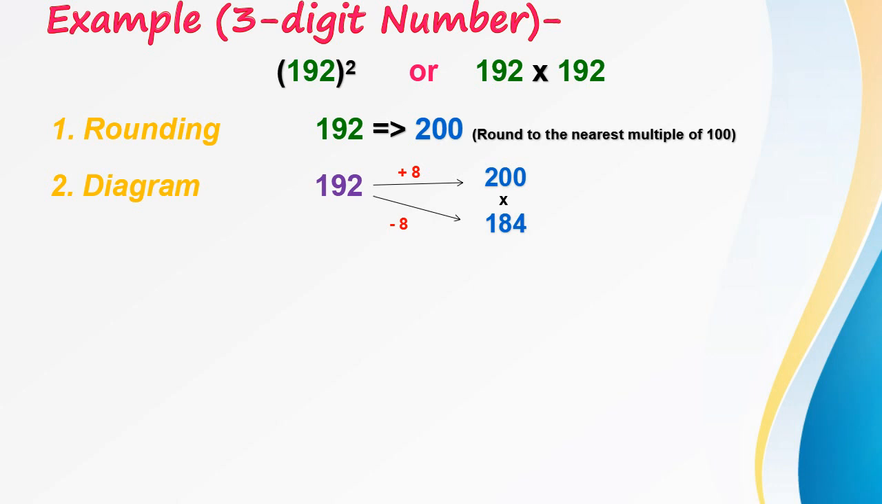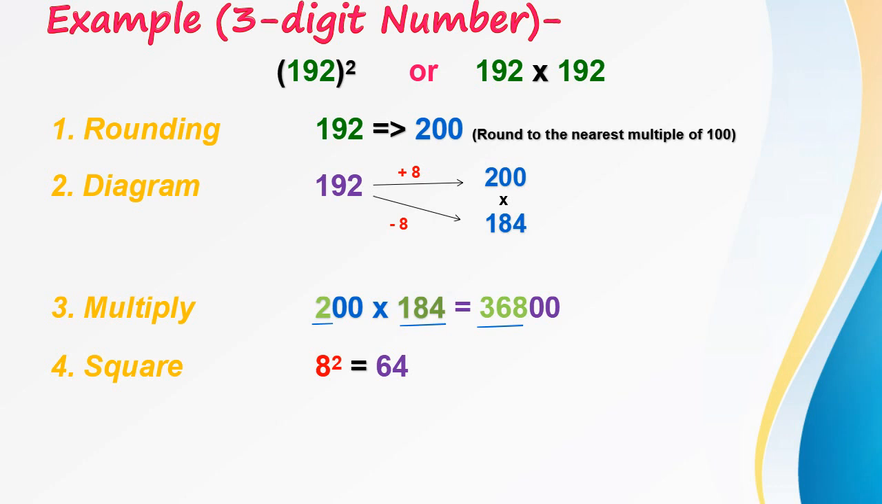Next step 3. We will multiply 184 and 200. Now don't get scared by the 2 3-digit numbers that you need to multiply. All you need to do is to multiply 184 into 2 and then add 2 friendly zeros at the end of the product. So 200 into 184 is equal to